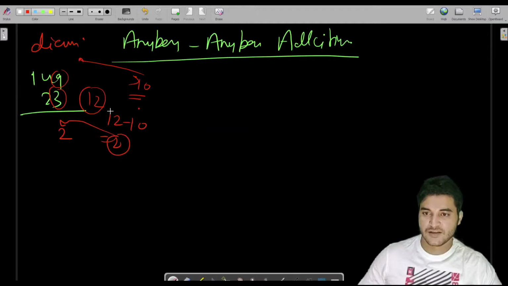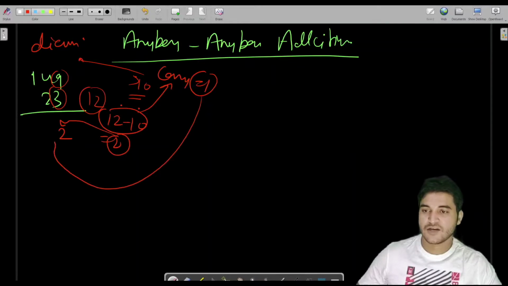Then we write 2 here. And if the result of these two digits is greater than the base, then we also update the carry, which is 1. So in the next iteration, 4 plus 2 is 6, and we have to include the carry also. So now it would become 7, and the result is 172. Fine. Nothing else till here, because we have done this in the last video also.